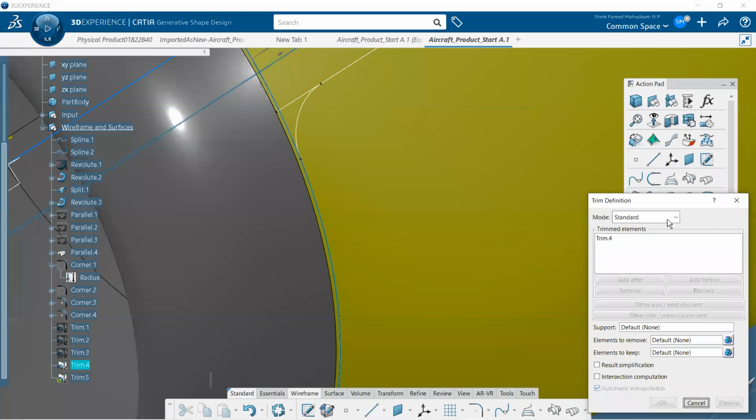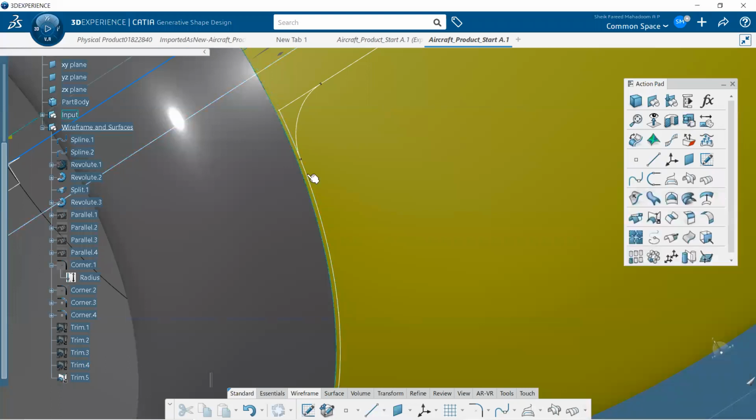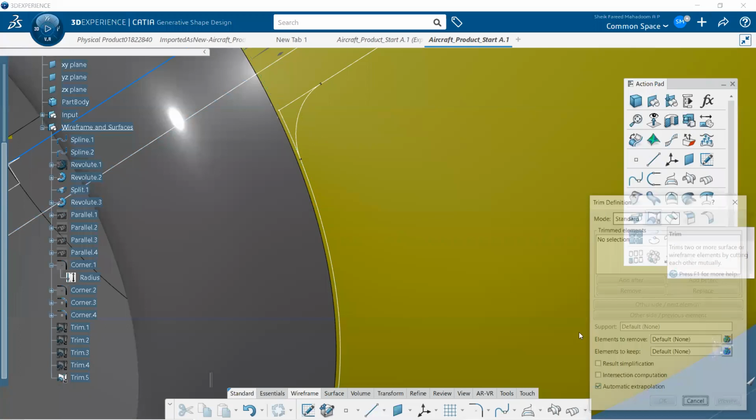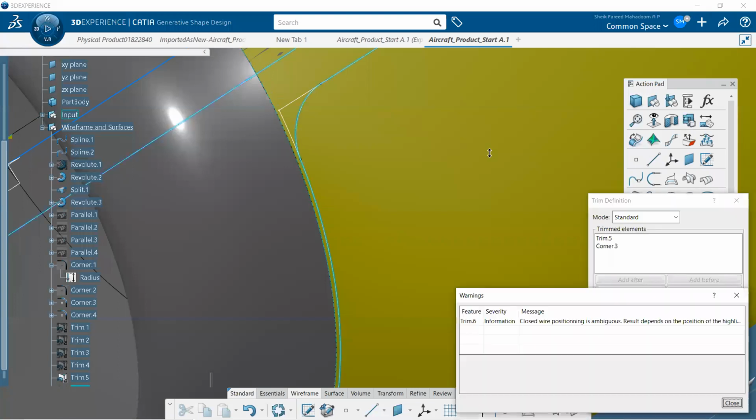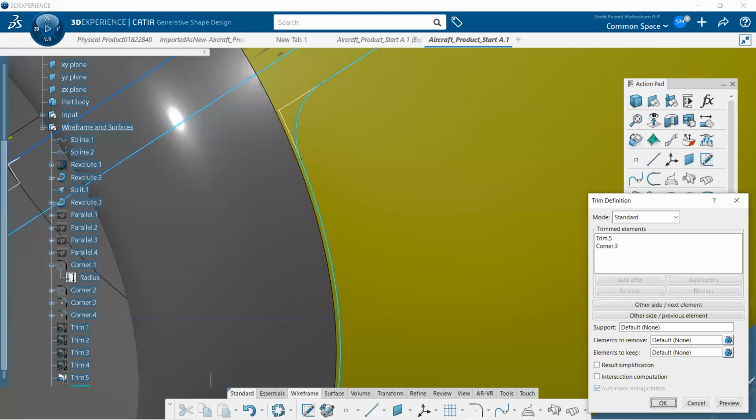And same trim, select this curve with respect to this one. Click OK. Right now the same thing I have to do over here. Trim, select this curve, click OK, and then click OK. Okay, right now I have the perfect curve.